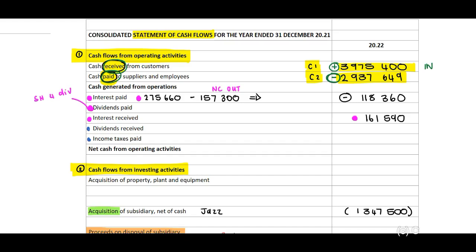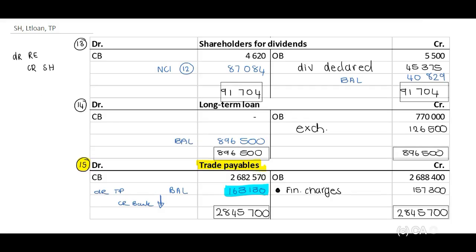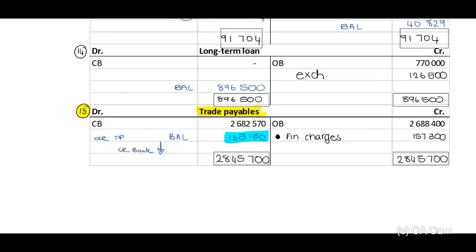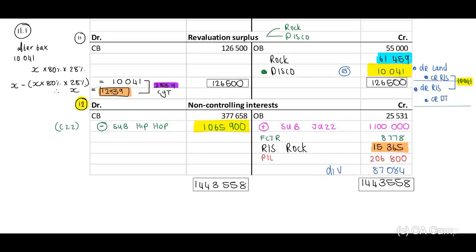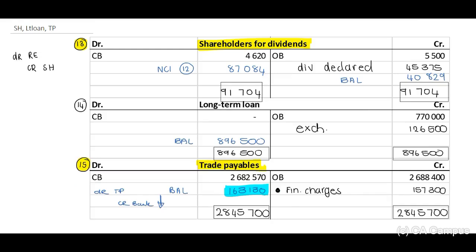for dividends and our NCI. Therefore, if we refer to our shareholders for dividends calculation, I just want to find this here, shareholders for dividends. This is calculation 13 at the top. But before we were able to complete this, we had to complete our NCI. Calculation 12 at the bottom of your screen. You will be able to identify our reconciling amount in our non-controlling interest was 87084. Therefore, transfer 87084, calculation 12, and our balancing figure is